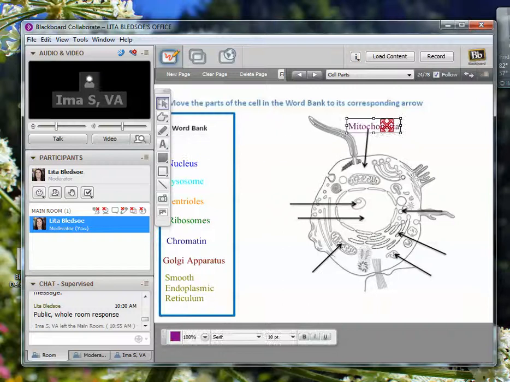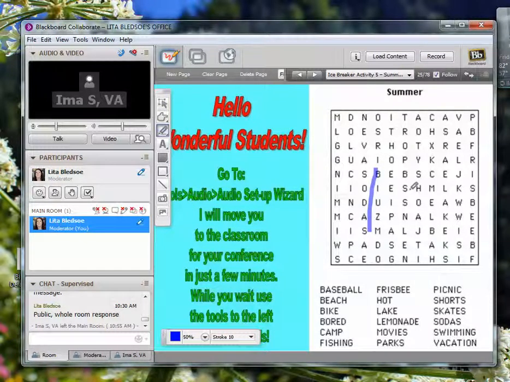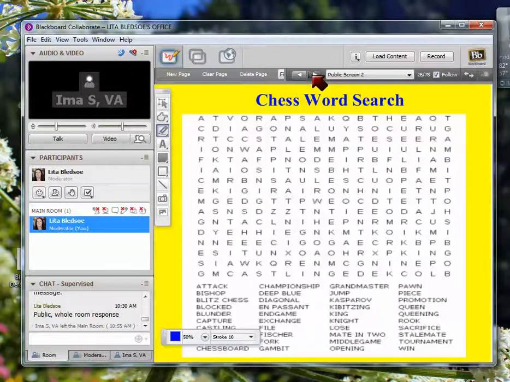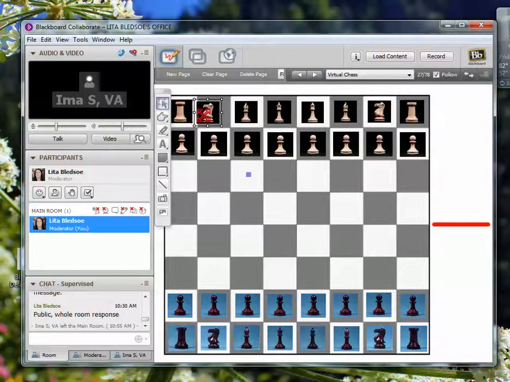You can have them do matching with word banks. You can have them use highlighters to be able to mark up or circle for word searches. And having these in your office hour, students absolutely love them. Students love being able to come in and play games.